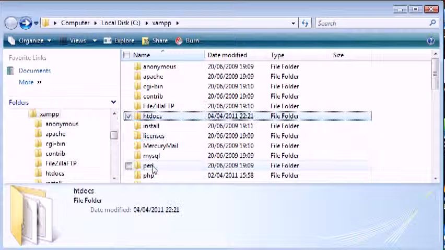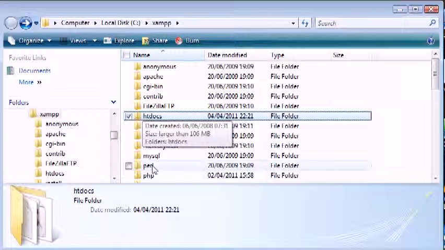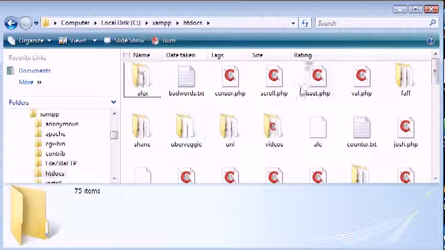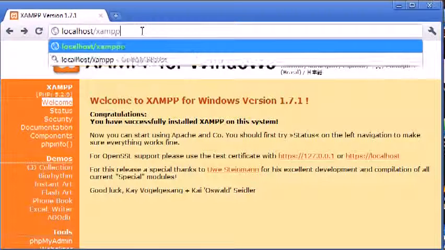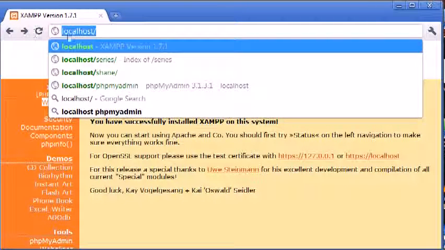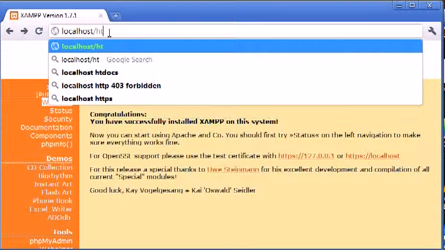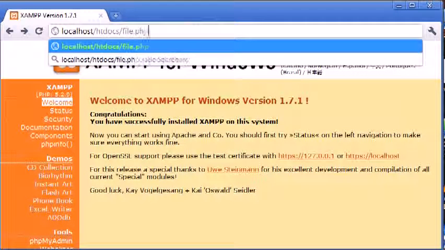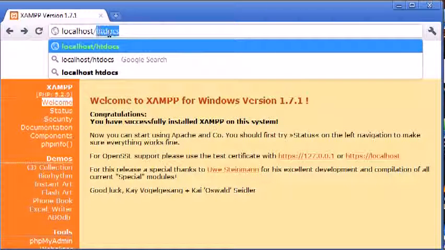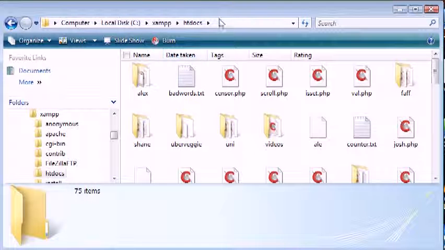Okay, so htdocs is the folder that I want to focus on in this tutorial because we're going to be creating our first file. Now inside htdocs, at the moment it's a bit of a mess for me, I've got a few files in here, but we want to create our PHP file in here. So let's just open up our browser. So you know now that we access our local server from localhost. Now we don't need to do localhost/htdocs/ and our file, because htdocs is the root directory, if you like, for where